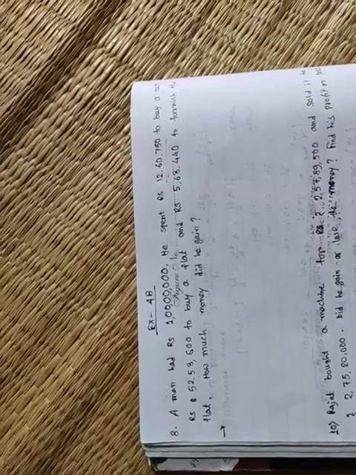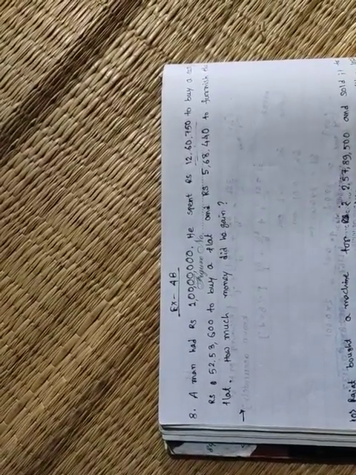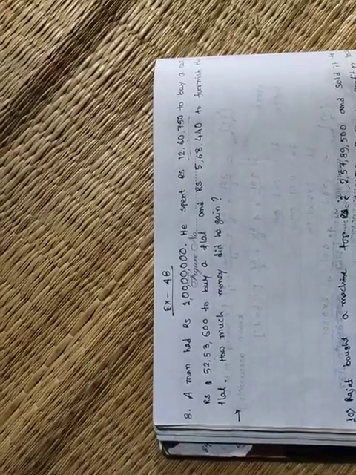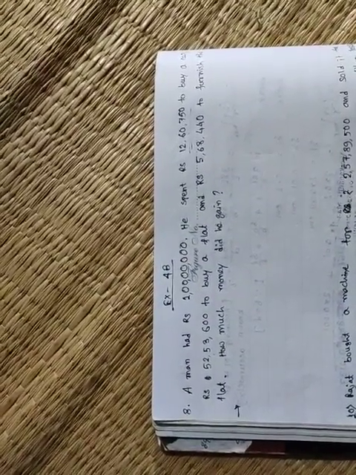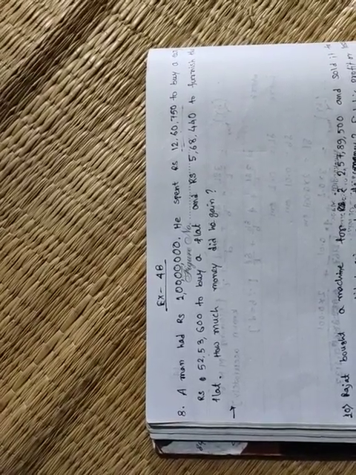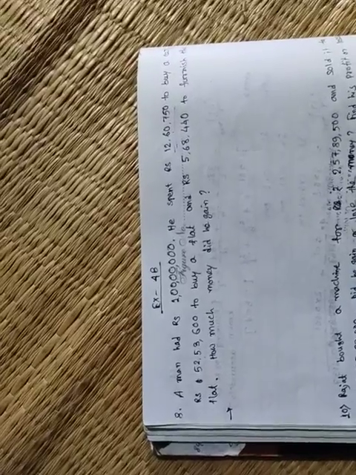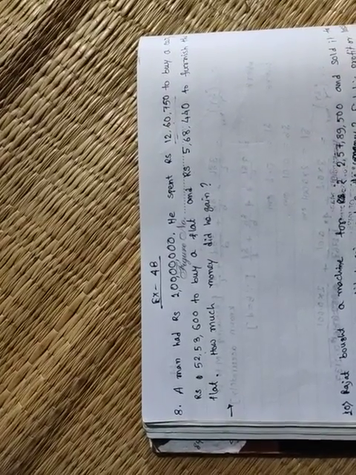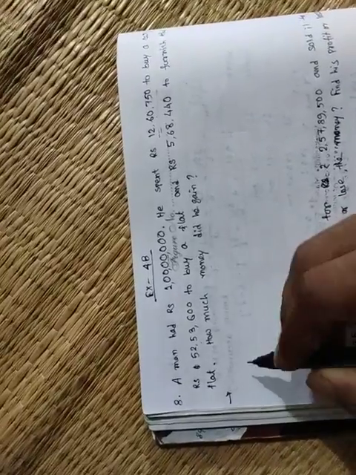Understand the process? Suppose you have total 10 rupees and you bought 1 pen of 3 rupees and 1 chocolate of 2 rupees. So what is the remaining balance? 3 rupees pen, 2 rupees chocolate. So total spend 5 rupees. Okay, so what is the remaining? 10 minus 5 is equal to 5 rupees. Clear? So in this process we can find it easily.